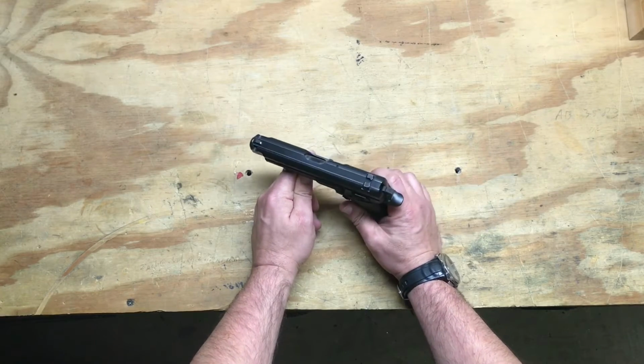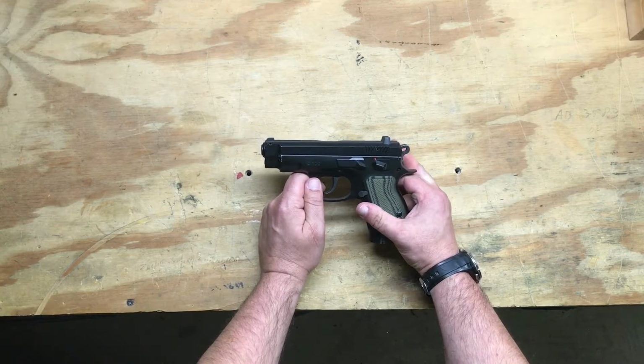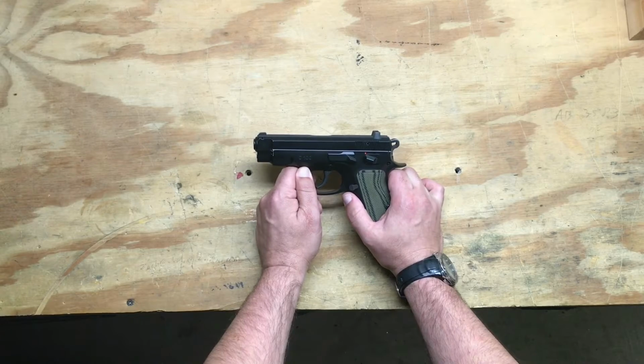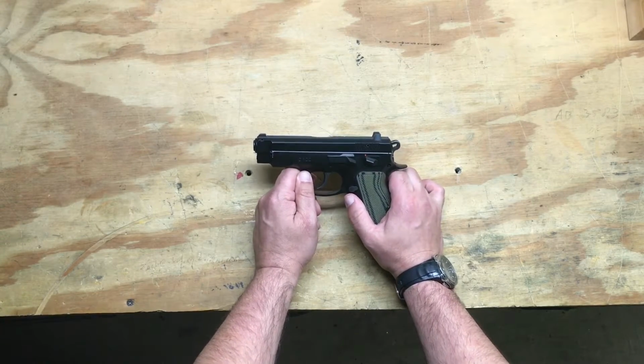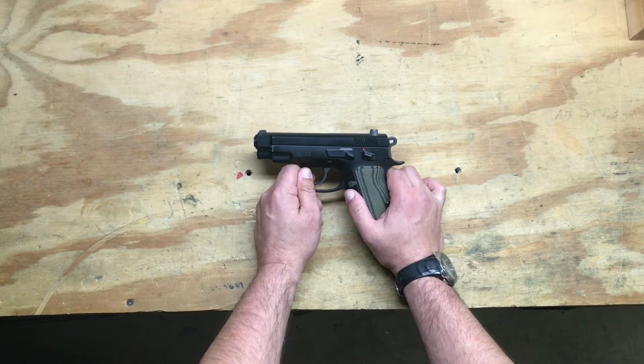So, if you're going to conceal carry, you need a handgun. If you're not going to conceal carry, you don't need a handgun. You need to get a rifle first. Come back for the handgun later. But we'll keep this nice and short. I just wanted to kind of have a few moments to get my thoughts down about handguns,